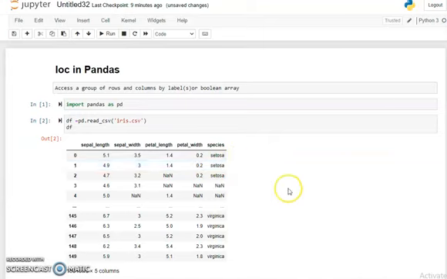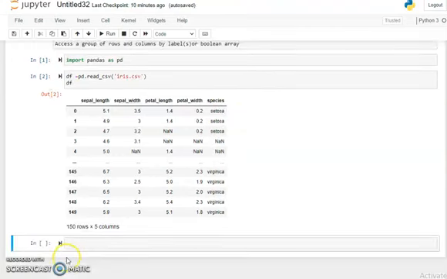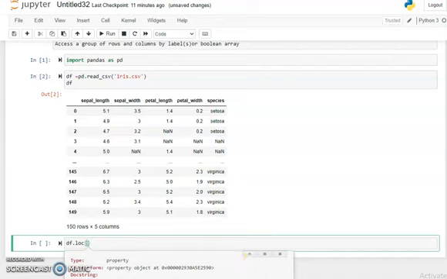Okay, you can see our data set is loaded, and you can see here there are sepal length, sepal width, petal length, petal width, and species. So now we use the loc function. To access the loc function, simply we write here our data frame name, df dot loc, and use square brackets. There are so many parameters and inputs in the loc function. So first you need to simply press shift plus tab, and then you can see